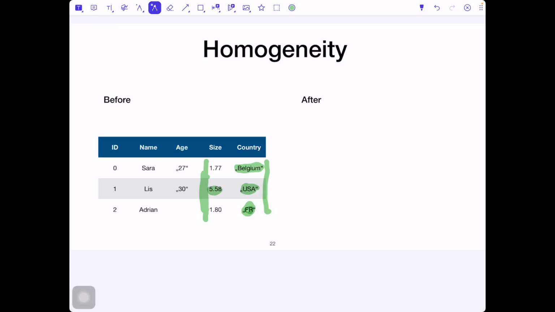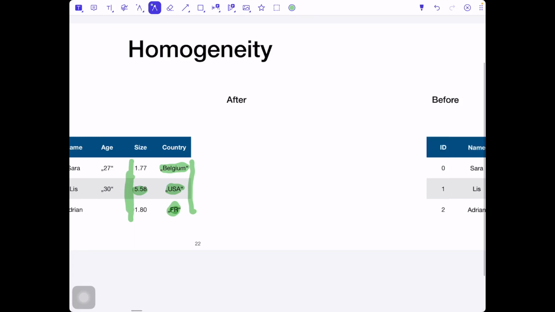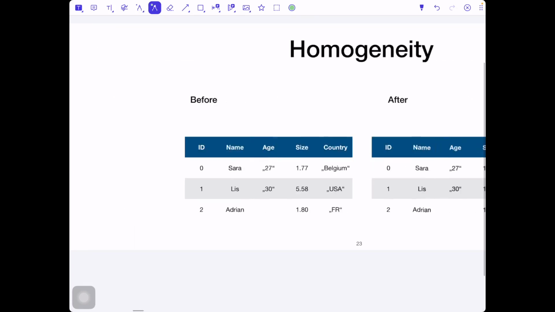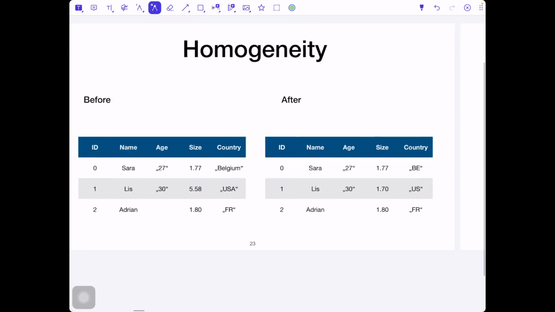Here you see that this cannot be 5 meters 58 centimeters. It's probably given in feet. We have to convert this also to the same units. And here you see now we have the countries and the units for the size given in the same way.